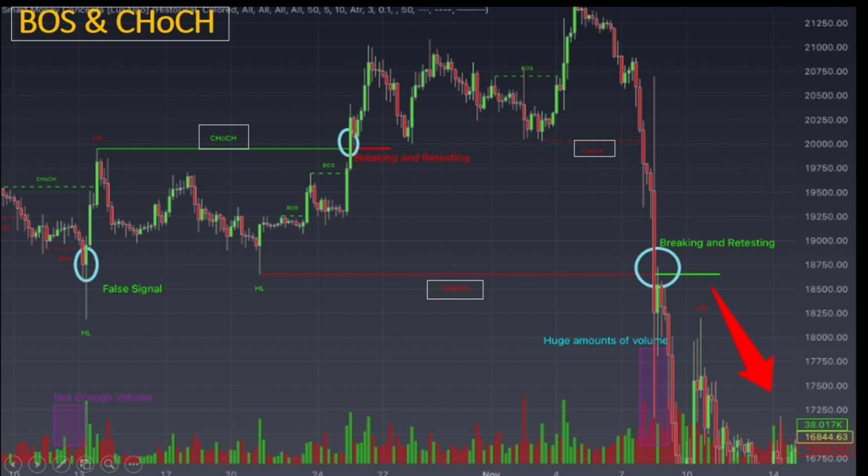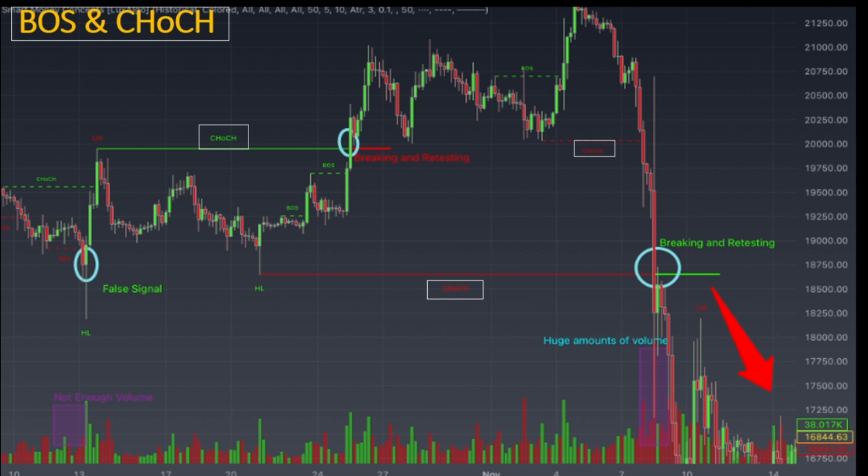For a long position, buy when the retesting candle closes without a significant volume increase. For a short position, short after the BOS/CHoCH label when the retesting candle closes with similar volume characteristics. By focusing on these major signals and understanding their implications, you can make more informed trading decisions and potentially capitalize